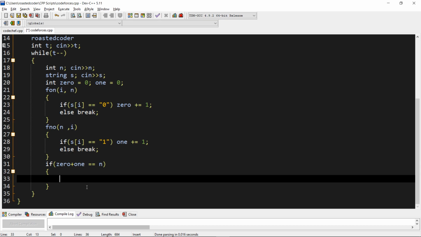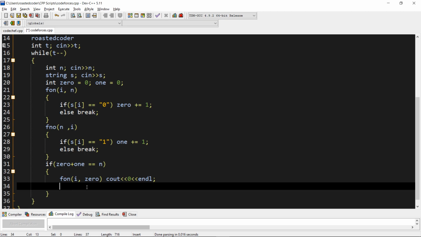So let's run a for loop from i to count of 0 and just print 0.